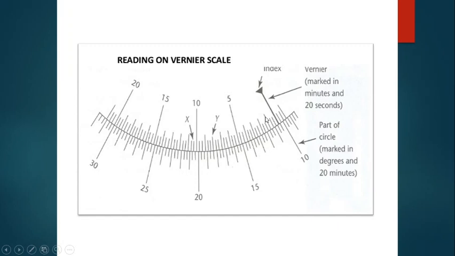Now in between minutes there are also three divisions and two lines. Each minute, 1 minute is equal to 60 seconds, and 60 seconds is now divided into three equal parts. That means 20 seconds each. So the first shorter line after the index line will be equal to 0 minutes and 20 seconds. The immediate next one is 0 minutes and 40 seconds.